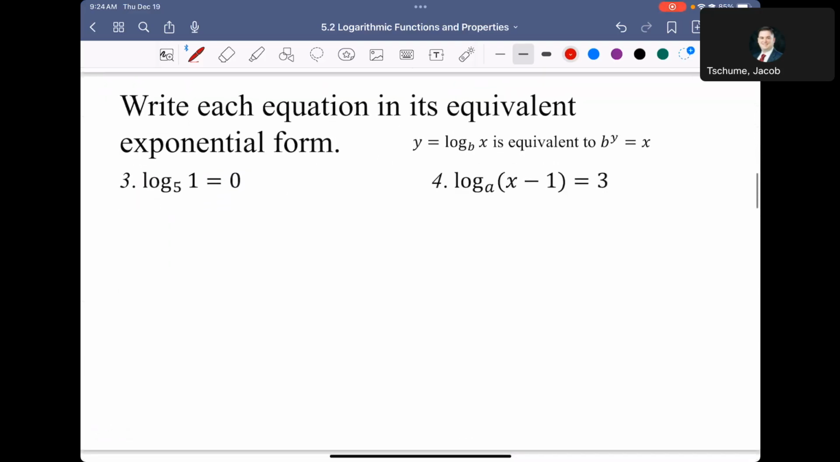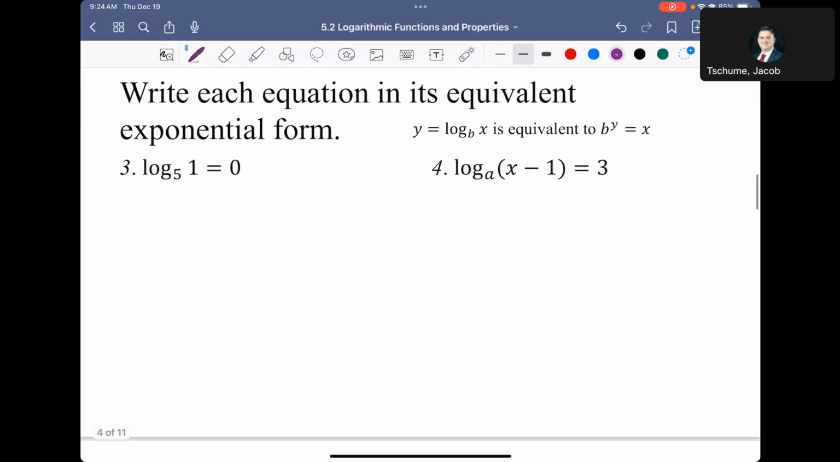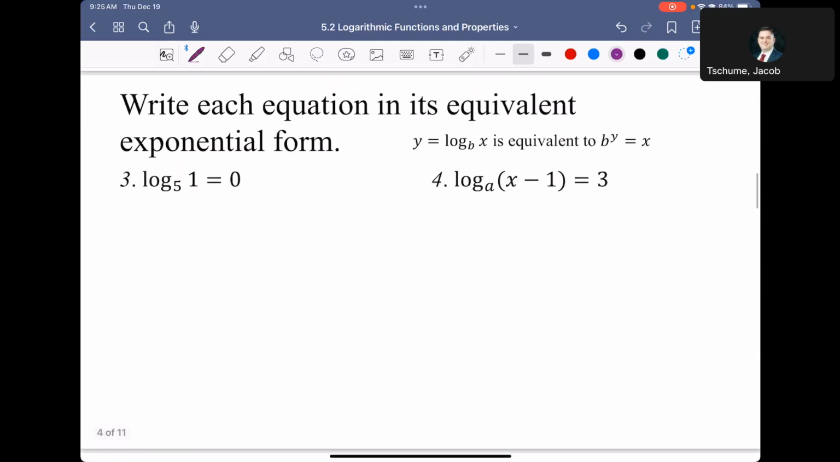You also want to be able to go the other direction because sometimes you'll have a logarithm and you want to write it as an exponent. So let's do that as well. Same conversion. On number 3, you've got log base 5 of 1 is equal to 0. Now we're going from logarithm to exponent here. So since the base of my logarithm is 5, that means the base of my exponent has to be 5